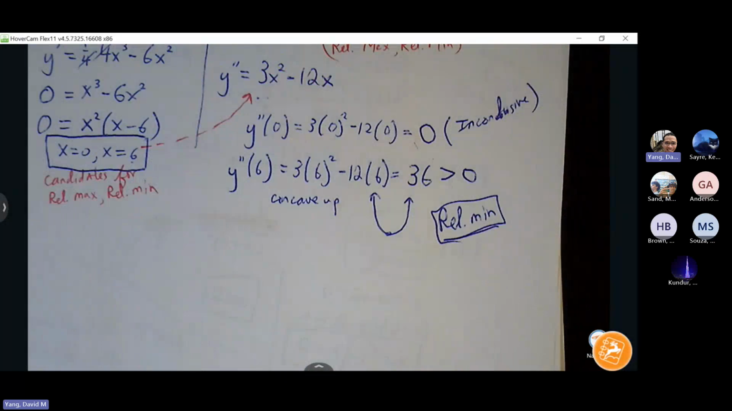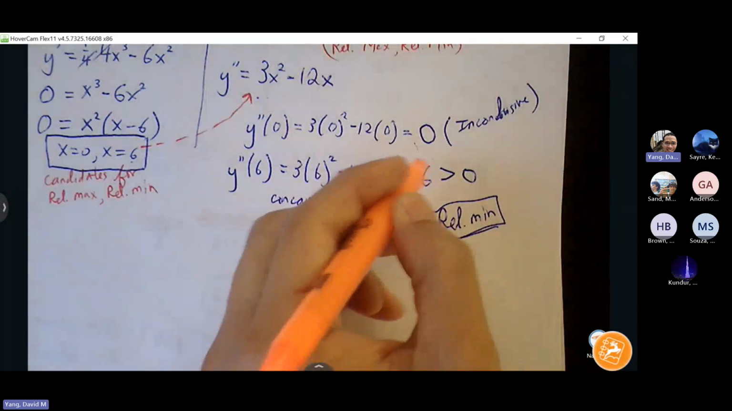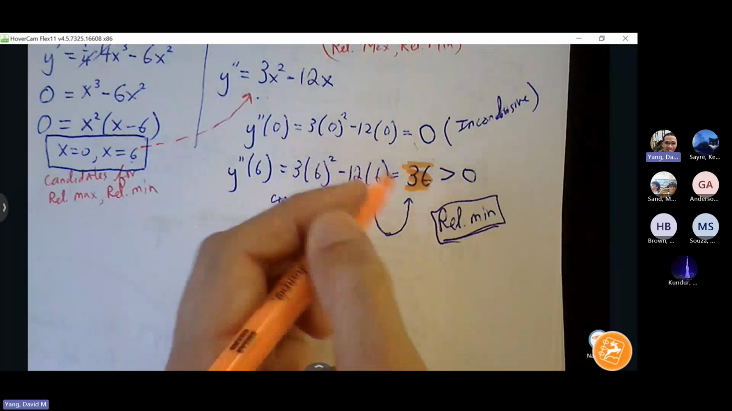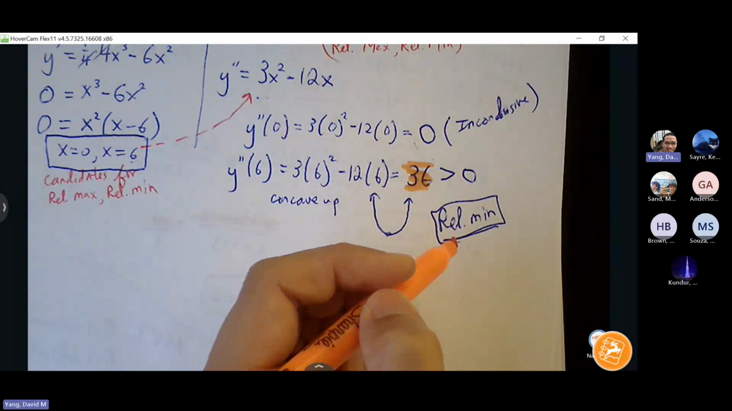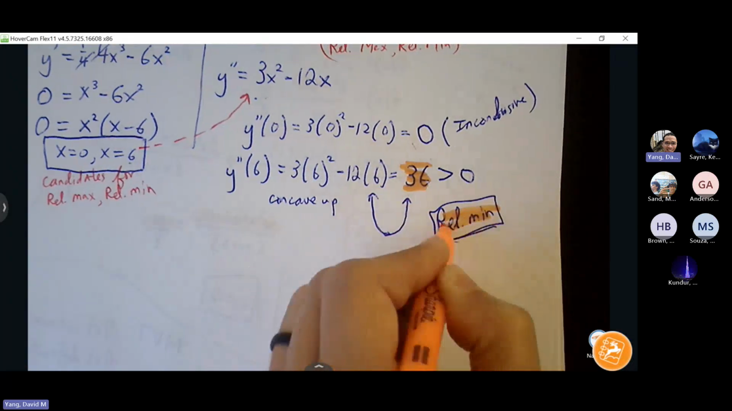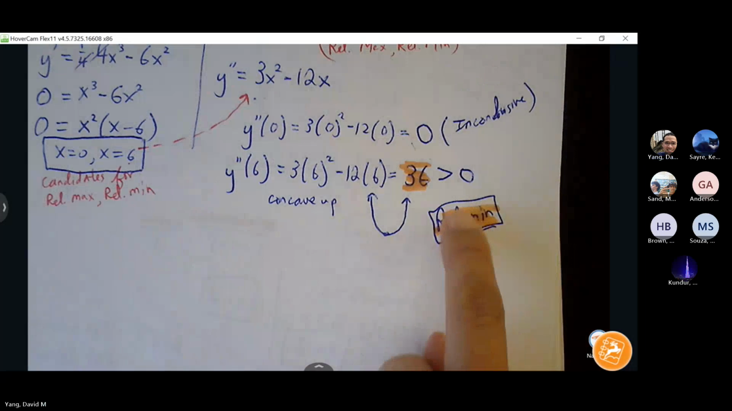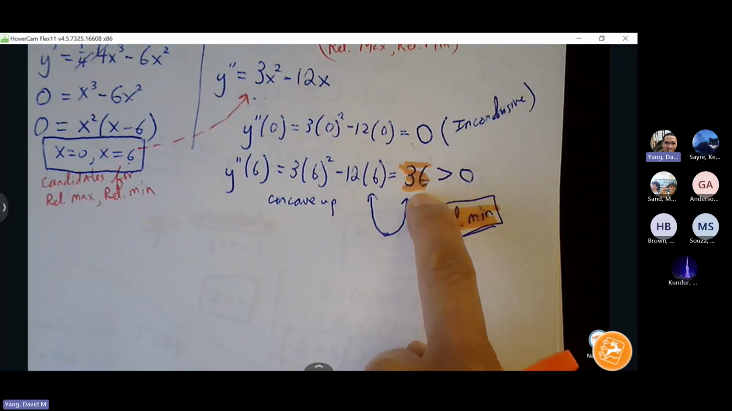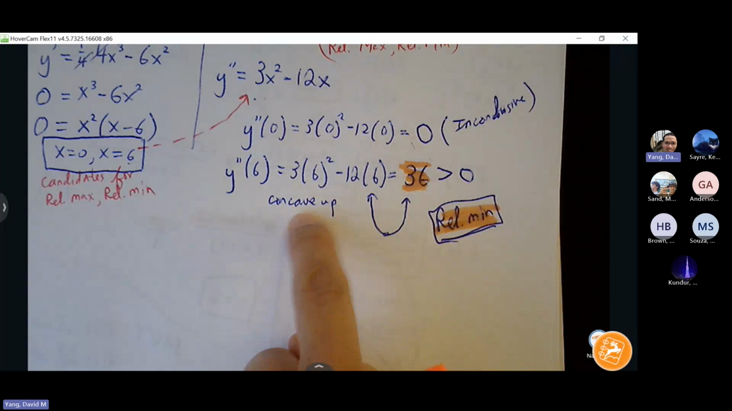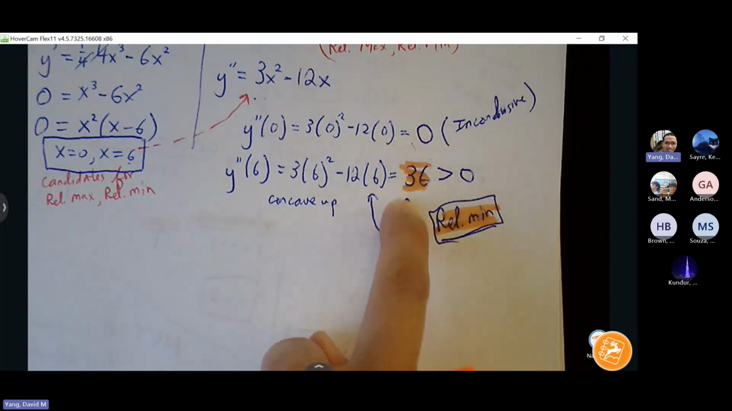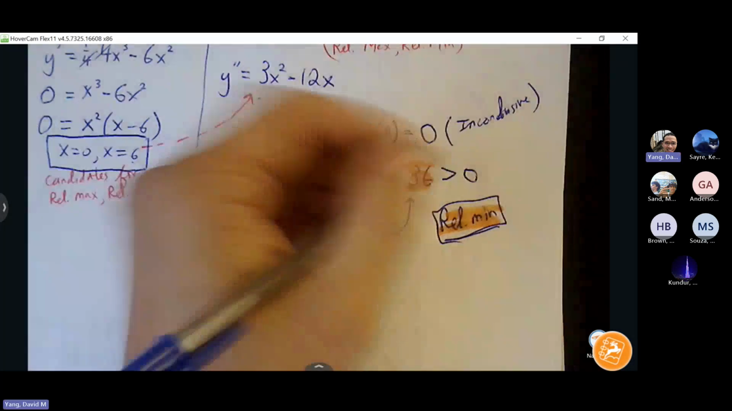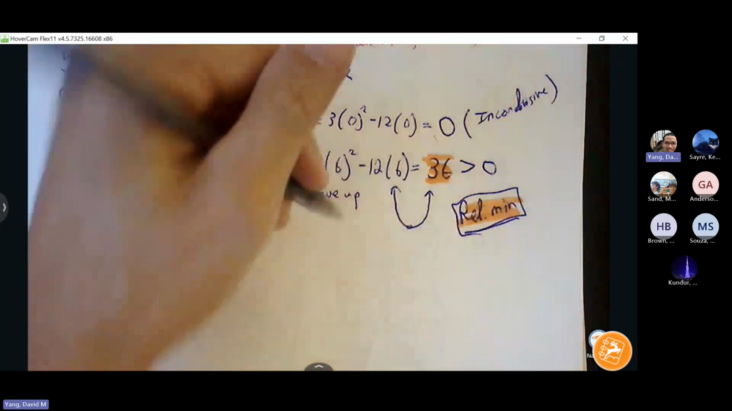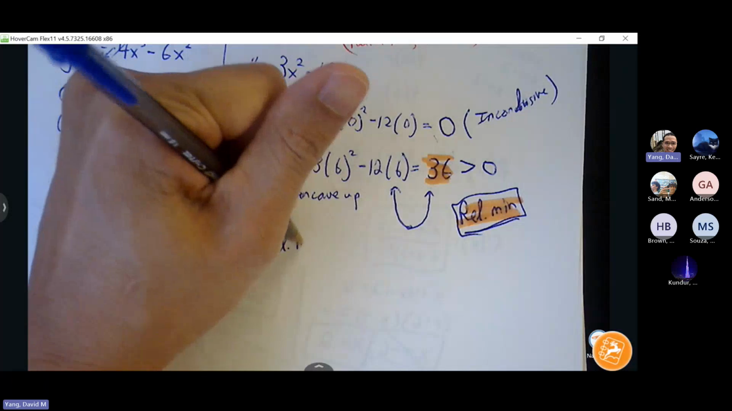But many students will call this a relative max because they see a positive number, they associate a positive number with a larger value, so they assume relative max, but that's the wrong conclusion. That number is not a location, that's a curvature value. That curvature value tells us this is part of a concave up graph. Relative minimum is there, not relative max. So don't include that 36 in your justification. You can just say relative min